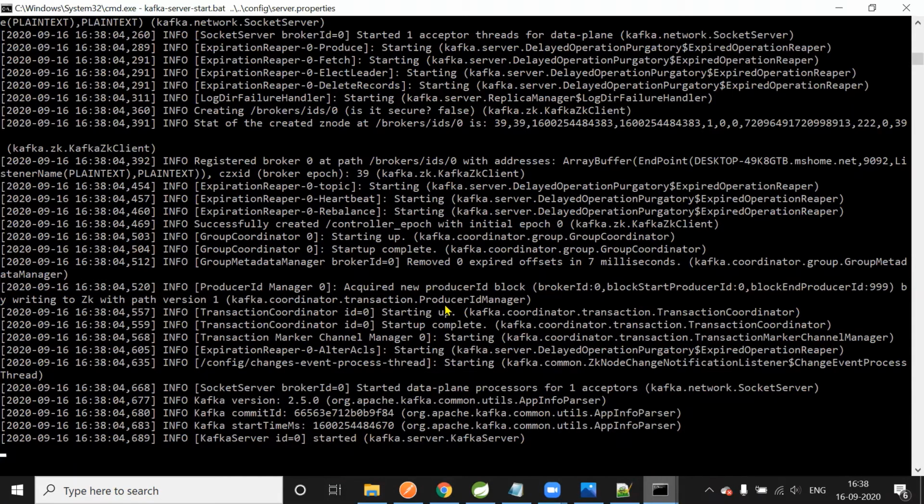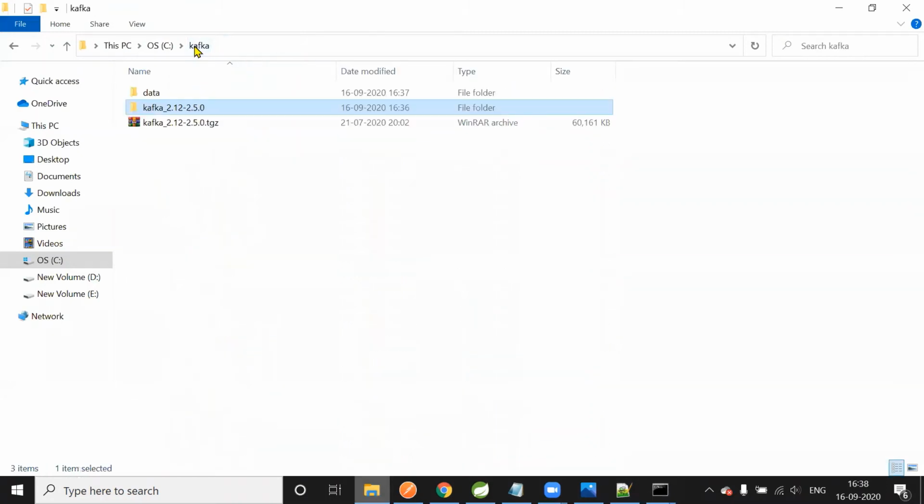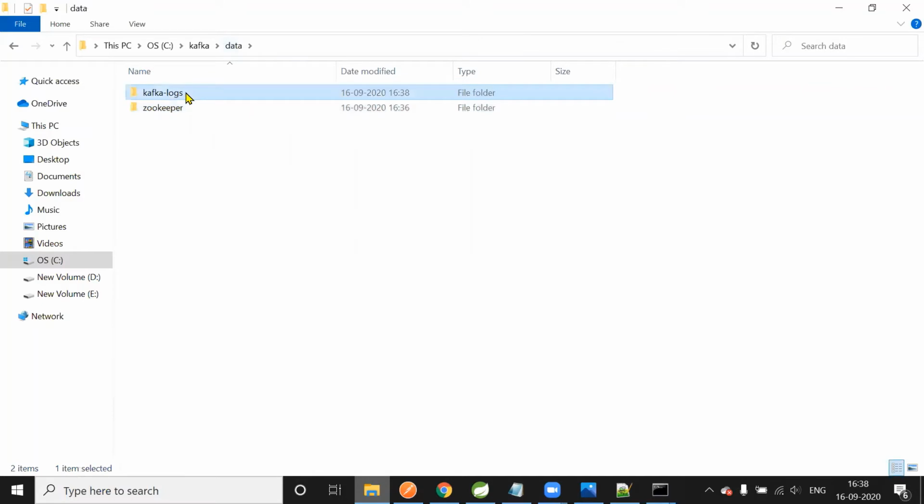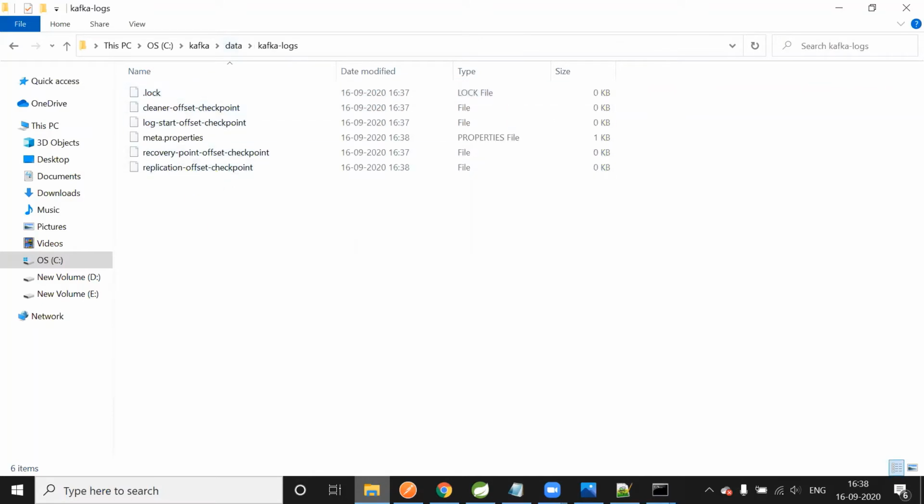It got started and it connected to Zookeeper. If I come to this folder structure Kafka, here we mentioned in zookeeper.properties and server.properties that the data or the logs have to go to this particular location. Inside the data folder you see here, this is the Zookeeper related information and this is the Kafka related information we can observe here. This is how it comes.